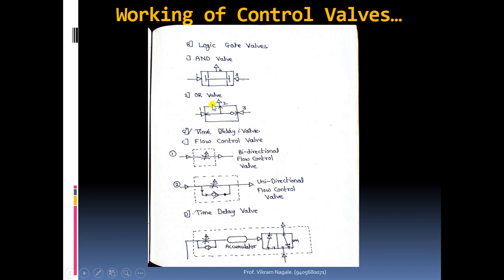Now in case of OR wall, what is the logic? 1 1 1, 1 0 1, 0 1 1 and 0 0 0. That means कुठचा तरी एक इनपुट ॲक्टिव्ह असलं पाहिजे, either out of either 1 or 3. Means either port 1 ला तरी सप्लाय असायला हवा compressed एअरचा, और पोर्ट नंबर 3 ला तरी.